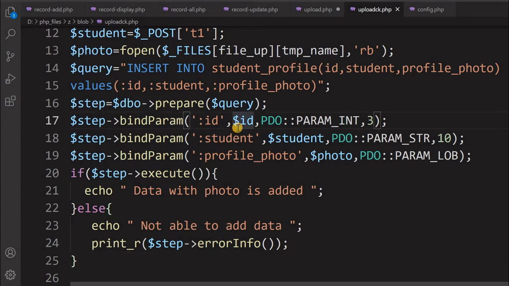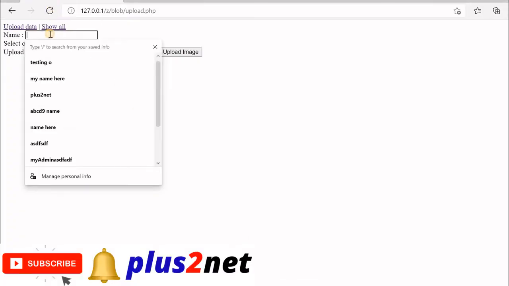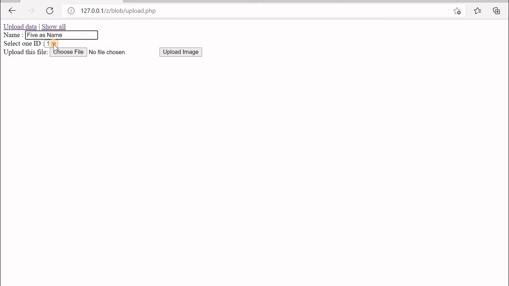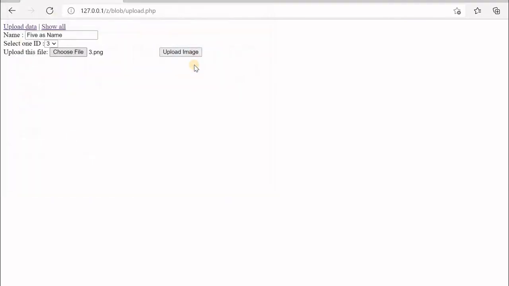Now let's go to our browser where we will test it. So this is our file. Now the name, I am giving anything. I will say 4 after, so to understand that, now I am giving 5 as the name. I am writing this as name. Okay. So now one of the IDs I will see is just 3. Now to match it, I will upload the photo. Let me just, to differentiate, I have selected ID 3. So the file is attached.